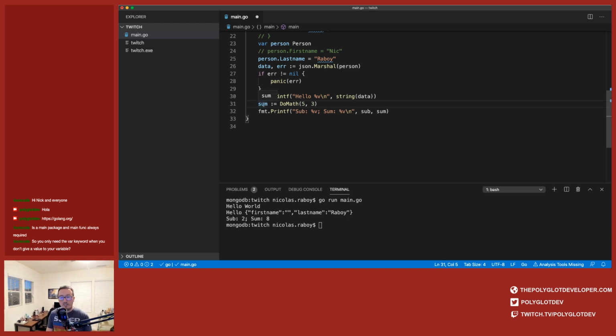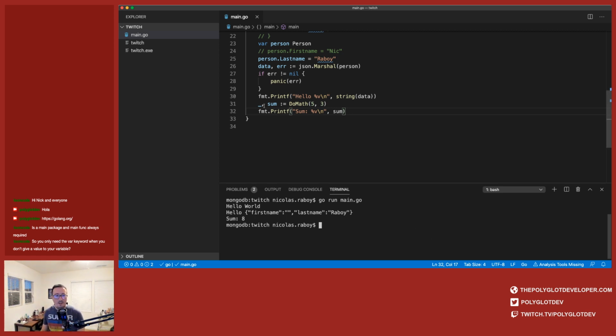So if I'm not interested in the subtraction, I can have an underscore there. So an underscore means that I'm not interested in the subtraction value. I can delete it. I'm going to change this up a bit, and I can run it. Oops, I'm doing that typo again. And this time around, it's only doing sum.